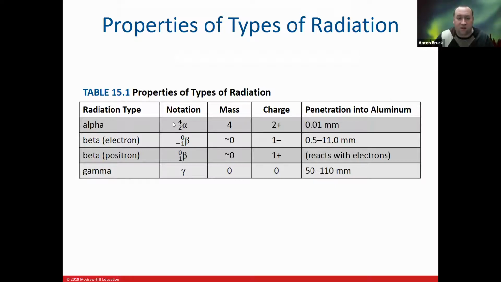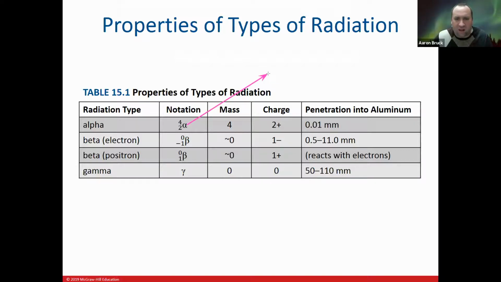Alpha particles are, by contrast, larger. Their notation is 4, 2. They actually have an atomic number, which is 2. Their mass number is 4. So these are big, heavy, bulky decay particles. With that notation,